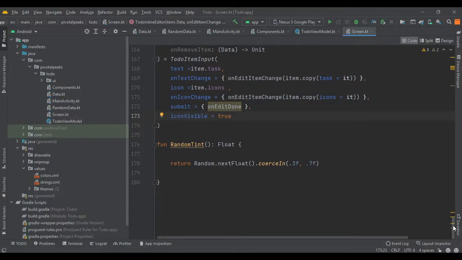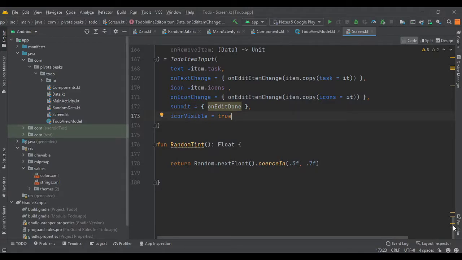And so you can see that this composable is stateless, and it only displays the item that is passed, and uses the event to request the state to update.